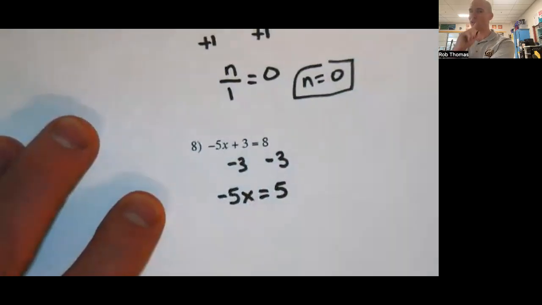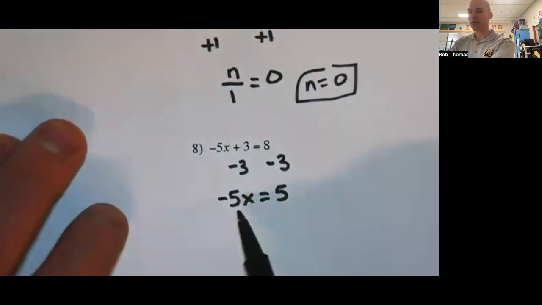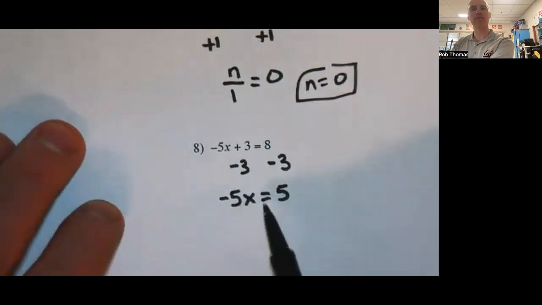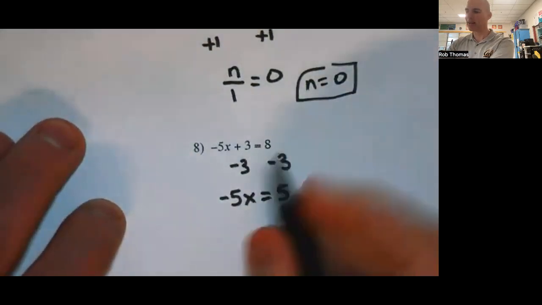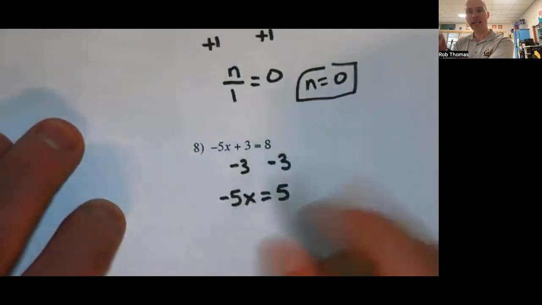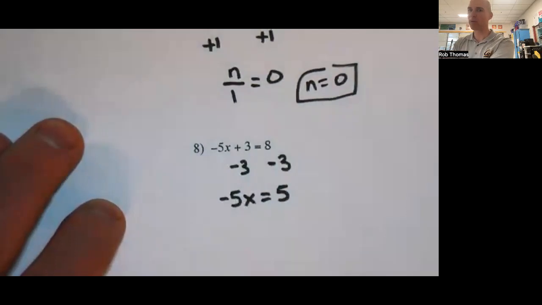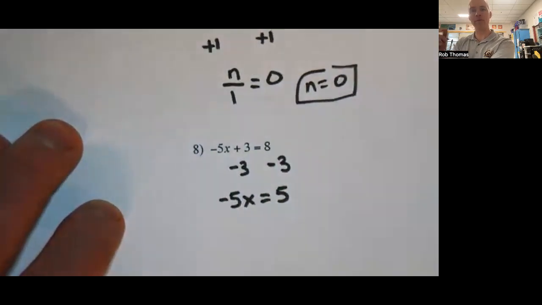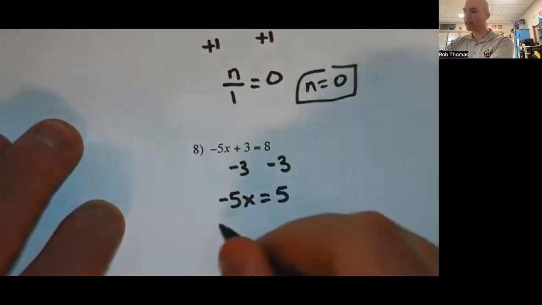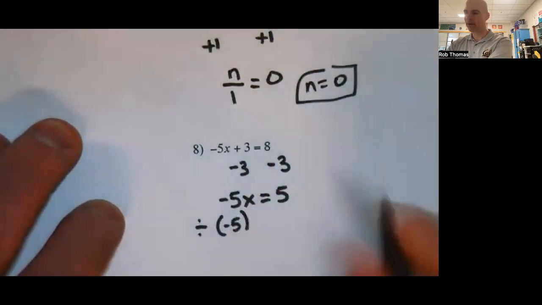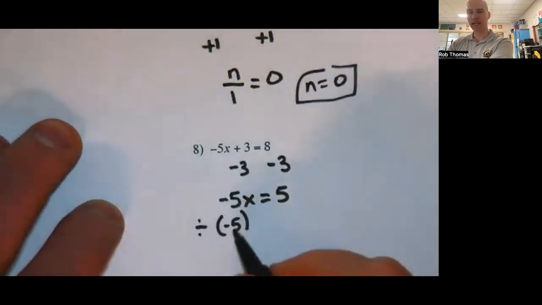Now, this part can be a little tricky for some people. The number that's multiplying by our x, we call it a coefficient, is -5. That's the number we want to divide by, not just regular 5. Because if you do, you're going to get the opposite of the answer you really want, solution, I should say, instead of answer. So let's divide both sides by -5,